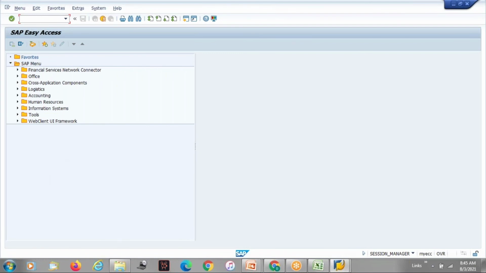So what we work on as consultants is called an IMG menu or an SPRO menu. So here, there's a gap where you can enter a transaction code directly, like if you know the shortcut code of it. Otherwise, you need to go through a menu. For example, if I need to go to where exactly the consultants will work,